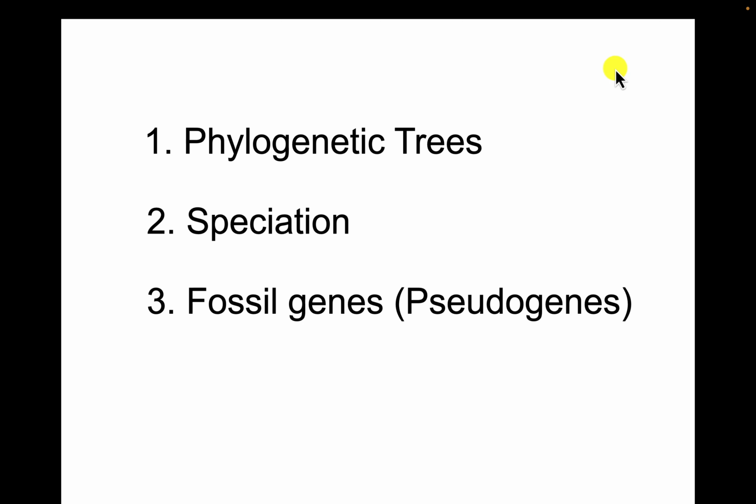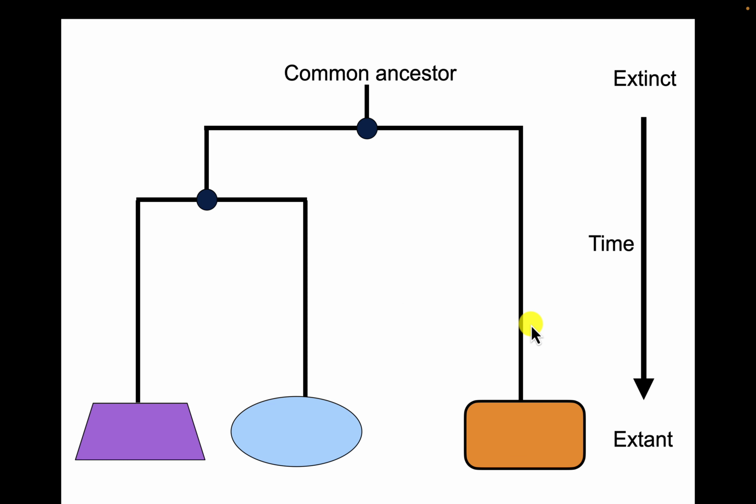In this video, we're going to discuss three main topics: phylogenetic trees, speciation, and the concept of fossil genes, sometimes called pseudogenes. This is a very simple and abstract version of a phylogenetic tree, and its main purpose is to demonstrate the evolutionary relationships between extant species. The term extant means that they are species that are currently alive today, and that's opposite to extinct species that